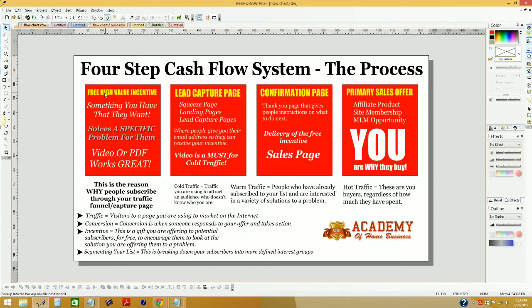And then from that goodwill, they continue to take action in your system to learn more of what you have to say. So one of the key things to remember, once you're building your funnel, is that yes, you can do a call to action early on in the process if you're giving big. And I recommend that if you're going to do a call to action right out of the gates and just go for really building a proven list of people that are willing to invest a little bit of money in themselves,